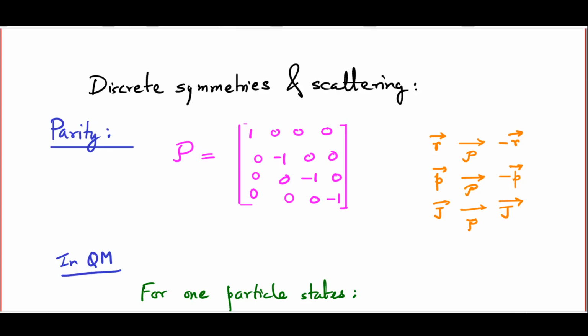Let me remind you that in the parity operation, the spatial components of a 4-vector change sign, whereas the temporal component stays the same. In terms of spacetime coordinates, x0 stays x0, whereas x1, x2, x3 change sign. So the parity operation is given by the matrix that you can see on your screen, which is a diagonal matrix, a very simple one, with +1 for the 0,0 element and -1s for the 1,1, 2,2